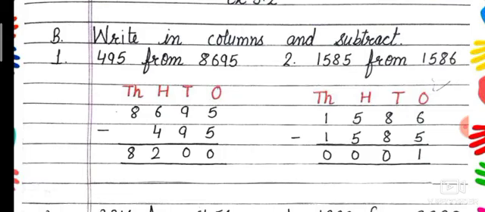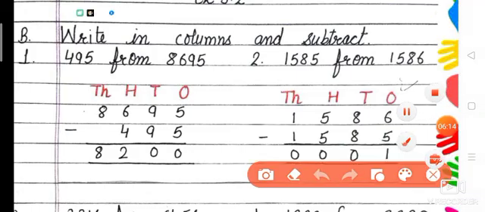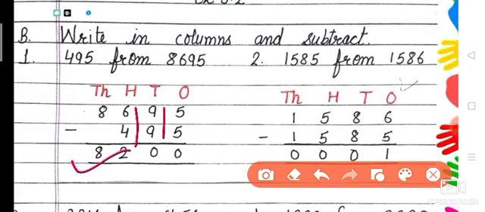Okay, so 8695 minus 495. Very simple. 5 minus 5 is 0. Okay, 9 minus 9 is 0, 6 minus 4 is 2, and 8 as it is. So 8200 will be your answer. Next is 1585. You have to subtract from